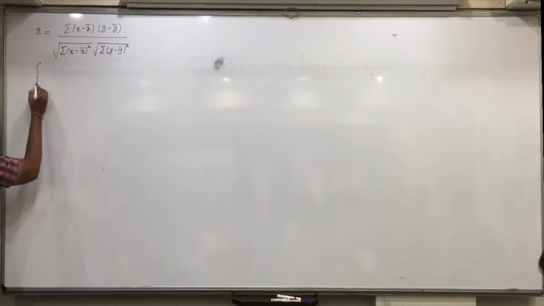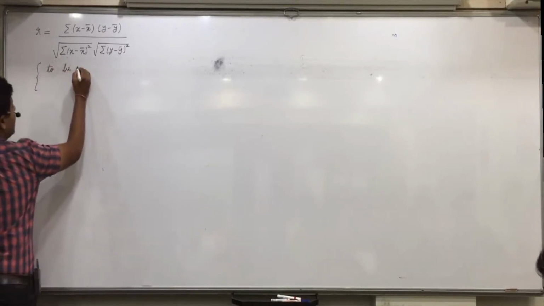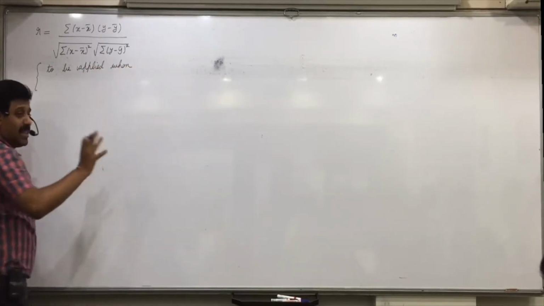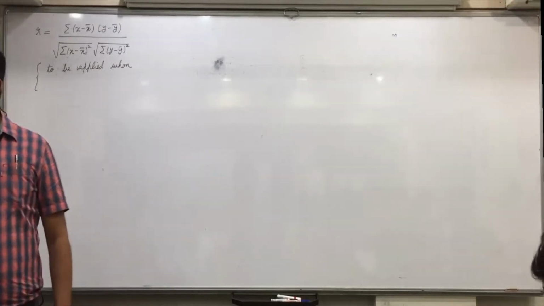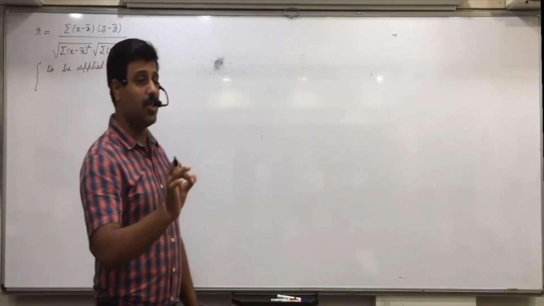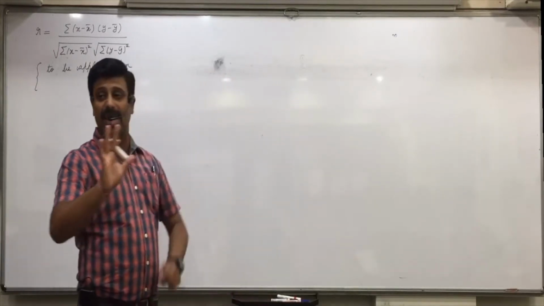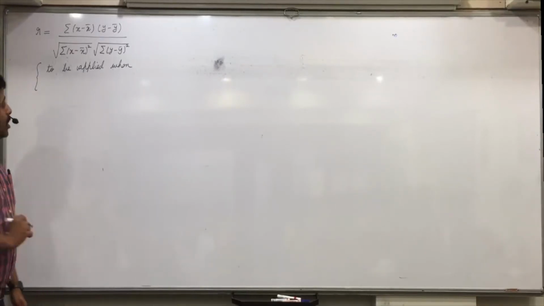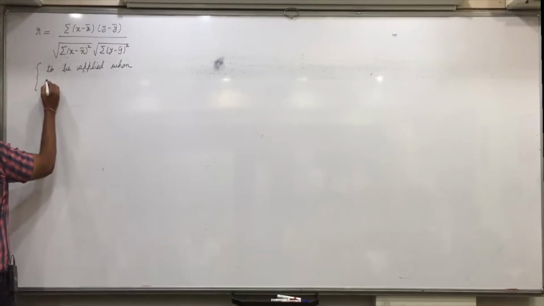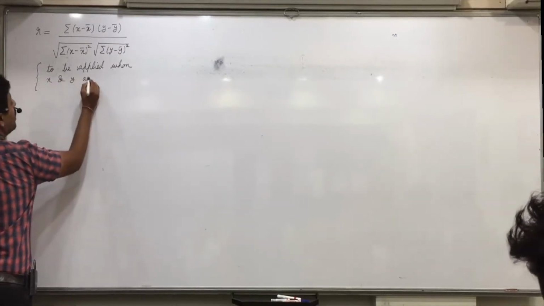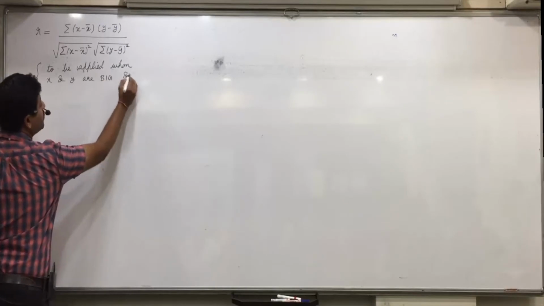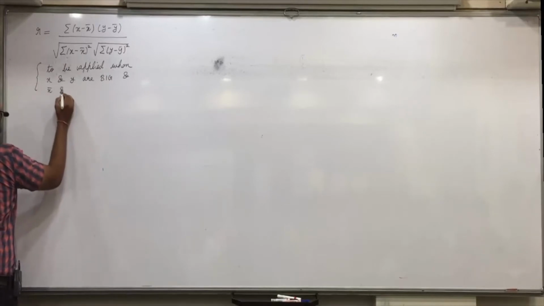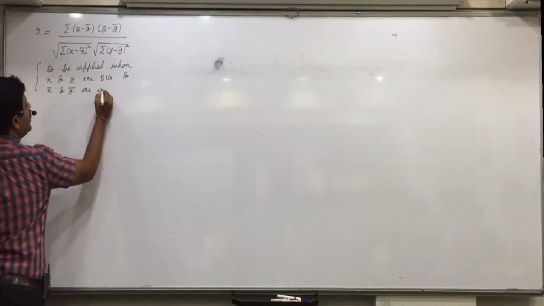Understand it? First of all, one thing is clear from yesterday itself. Fourth formula, xy formula, we apply when the values of x and y are small. Fifth and sixth, we apply when the values of x and y are big, large. So the first condition is that x and y are big. And a second condition: we will apply this formula when x bar and y bar are integers.